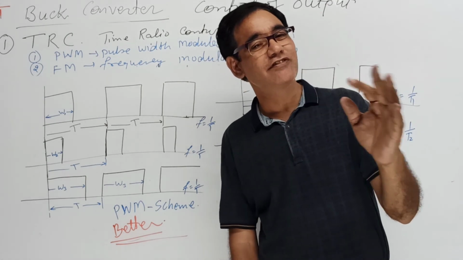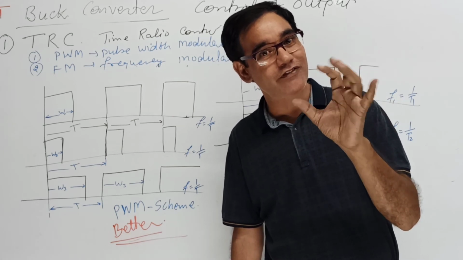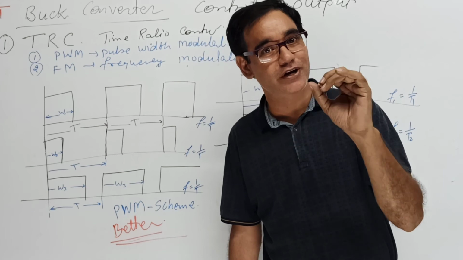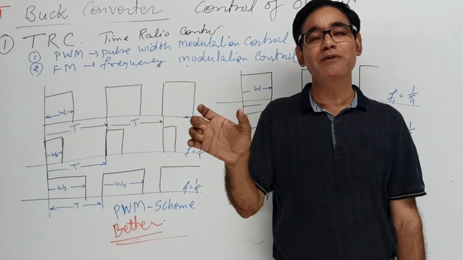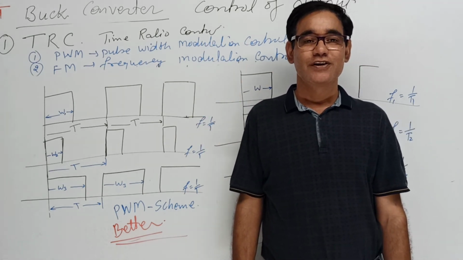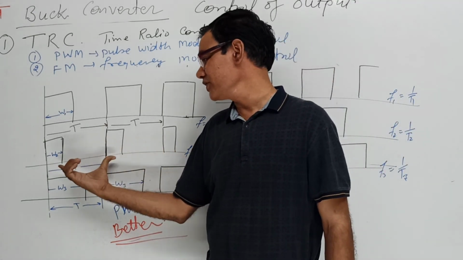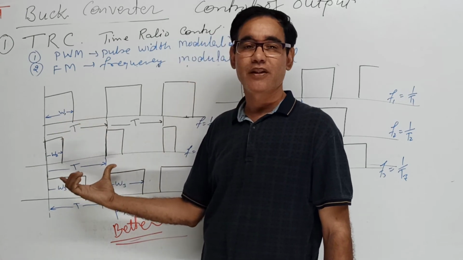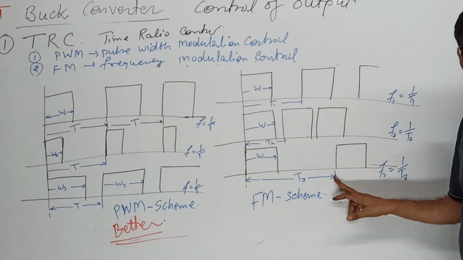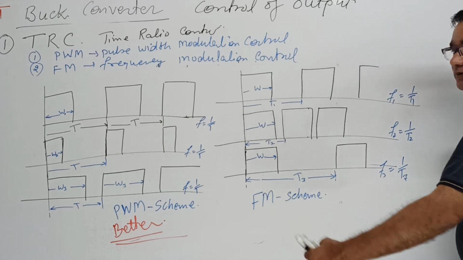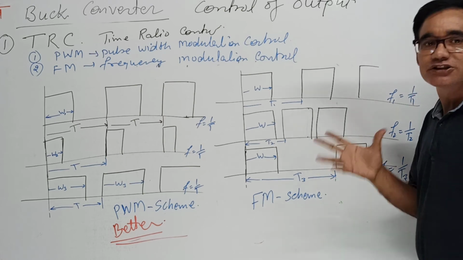So no additional filter is required. With a wide variation in frequency, wide filtration of the harmonics is required. Due to the switching, there is harmonic production. So with a constant frequency, a simple filter is required. And in PWM the cycle time is the fixed one. In the frequency modulation scheme, if the pulse is longer, as you will see in T3, the duration of a cycle becomes very long.